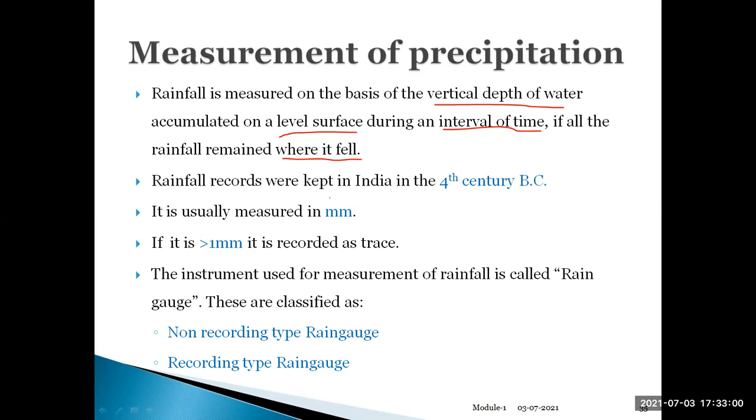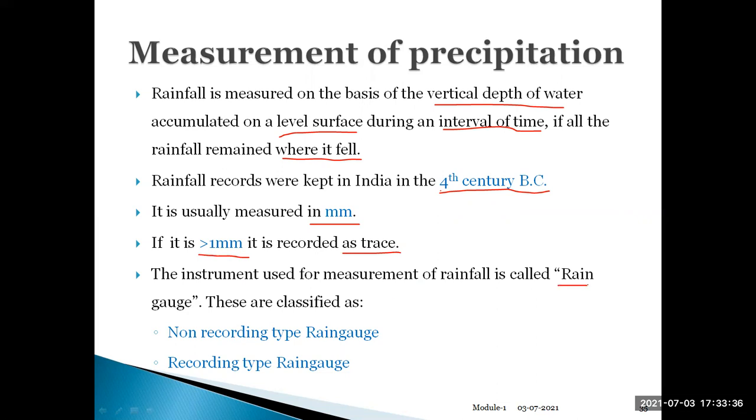surface. The rainfall records have a history of so many years; you can see the records of rainfall in India kept in the 4th century, that is before Christ. So from the 4th century BC, you can see the rainfall record. It is usually measured in terms of mm, and if it is less than 1 mm, it is recorded as a trace. And we have two types of instruments used to measure the rainfall,